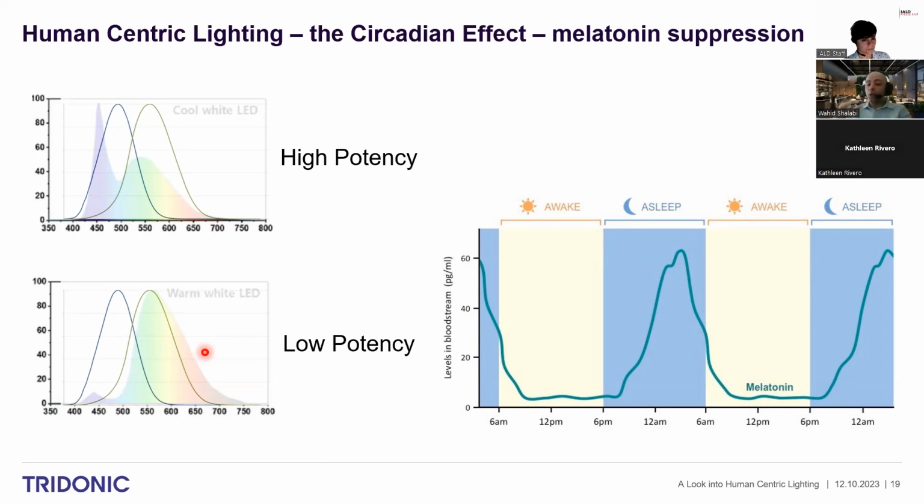And the lower one, the warm white LED, is low potent in disrupting this circadian rhythm. So if we look at our natural day and night cycle on the right-hand part, if we go and apply a highly potent light, rich in the blue spectrum, during the evening time, where our body is ramping up the melatonin production, readying us for a night of good rest and good sleep,